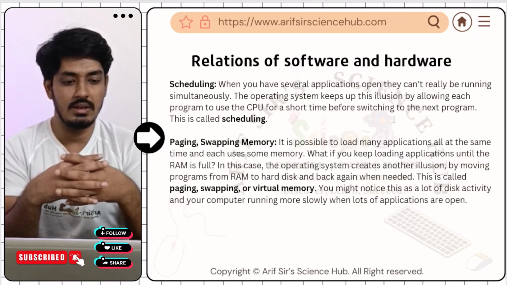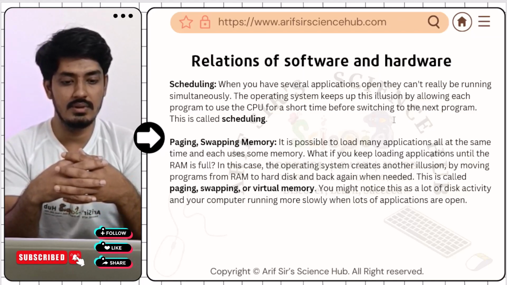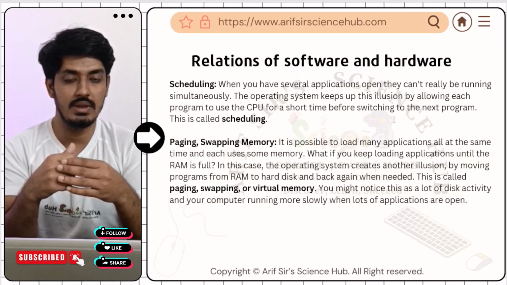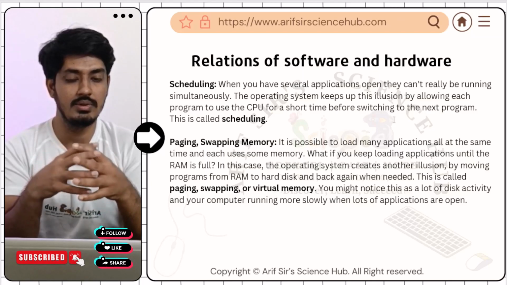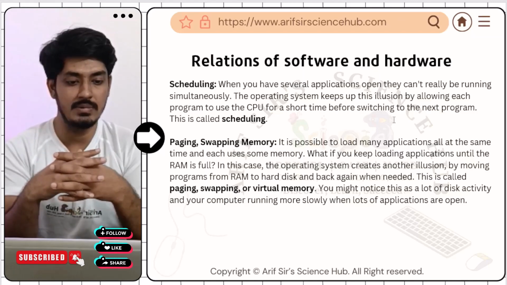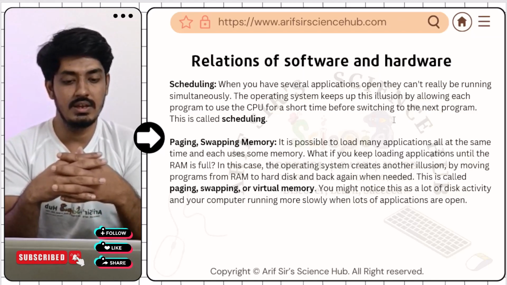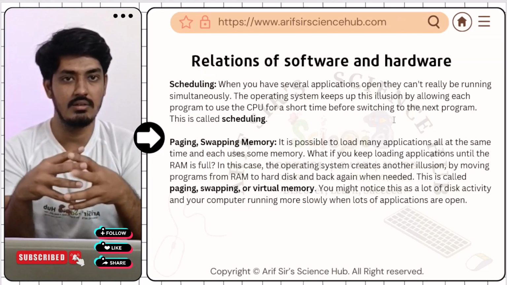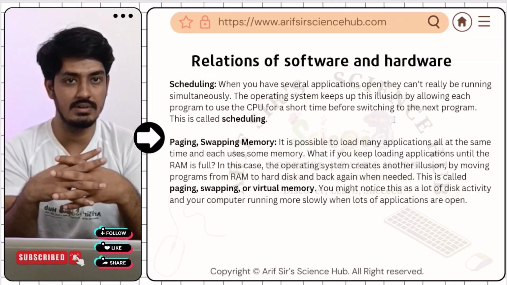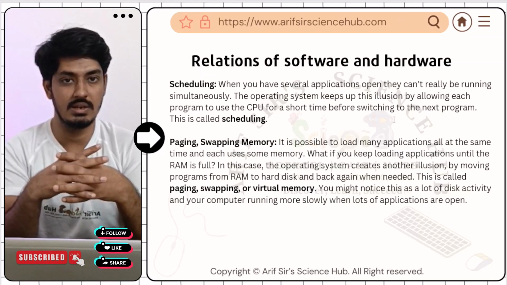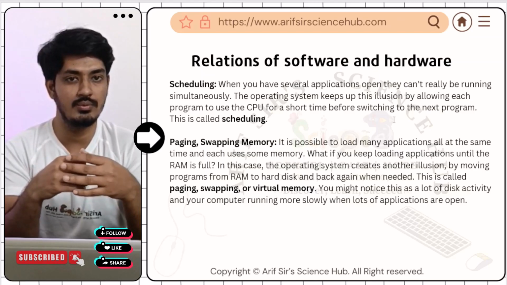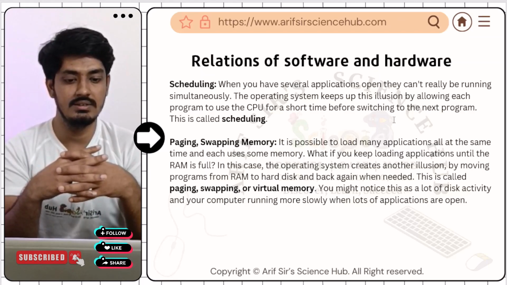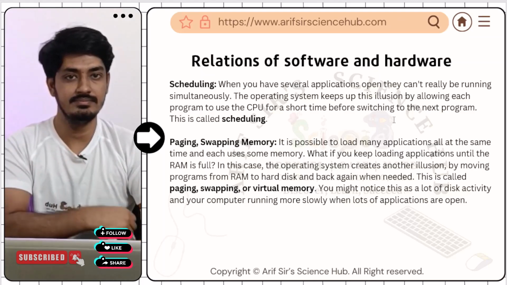Okay, and the operating system creates the illusion for the programs of RAM and hard disk, so that it will be managed properly for the applications. So it has some problems with the swap memory. We know that our RAM or primary memory is very fast, but the secondary storage is not that fast. So when the program is moved from primary storage to secondary storage, that means RAM to the hard disk, it will slow down the system. Okay,